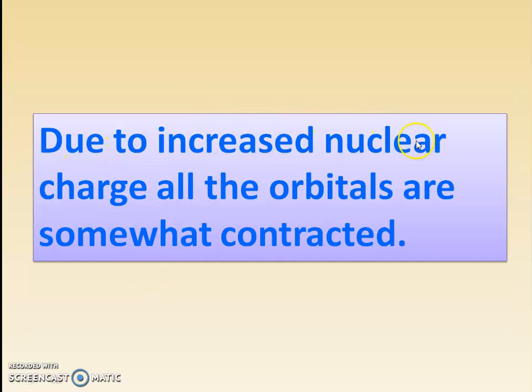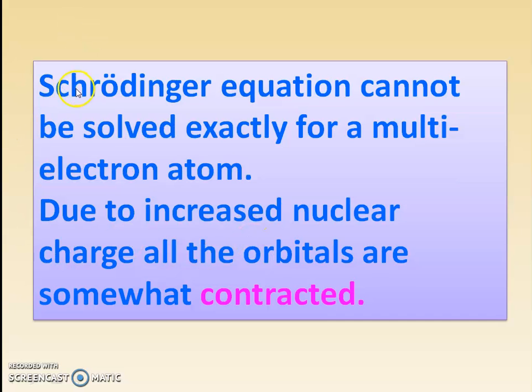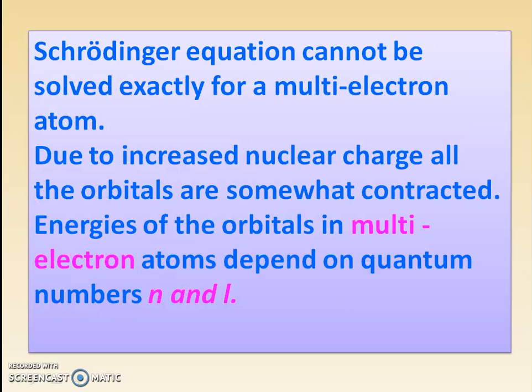Due to increased nuclear charge, all the orbitals are somewhat contracted. In multi-electron species, the nuclear charge increases and due to that increased nuclear charge, these orbitals are somewhat contracted, and therefore the Schrödinger equation cannot be solved exactly for a multi-electron atom. Just now we have seen, due to increased nuclear charge, all the orbitals are somewhat contracted. So this Schrödinger equation cannot be solved exactly